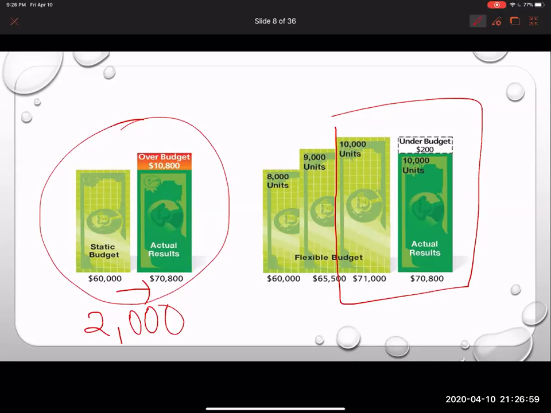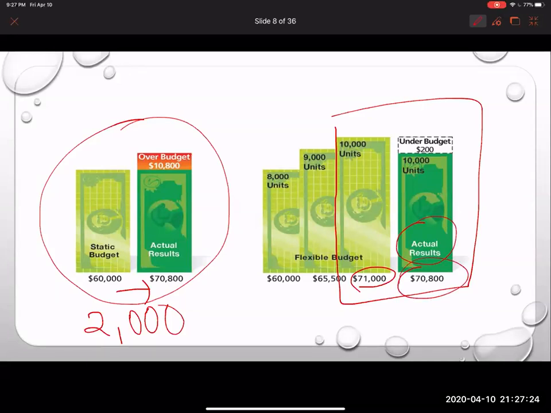So now I compare my flexible budget of 10,000 units to my actual results. My budget says that if I'm going to produce 10,000 units, I should have spent $71,000. But when I compare it against my actual results, I spent